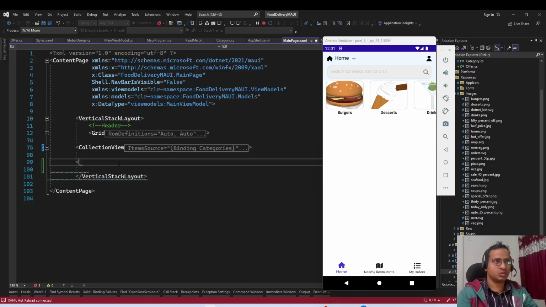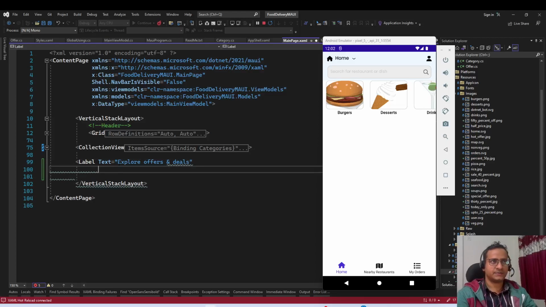So first thing we need that heading. So label text, and let's use explore offers and deals. Okay, and it does not allow ampersand. Unexpected, expected the following token. Okay, AMP. Okay, then